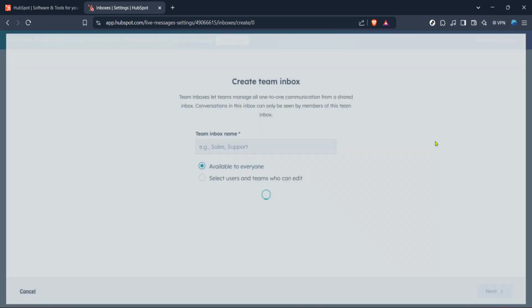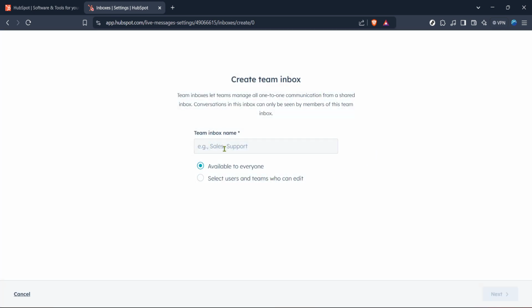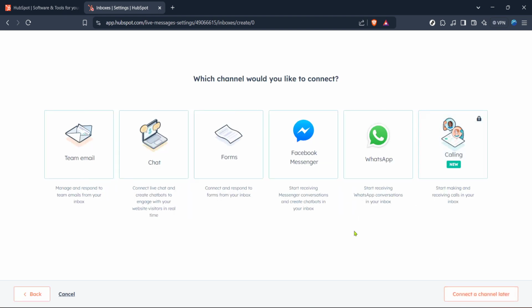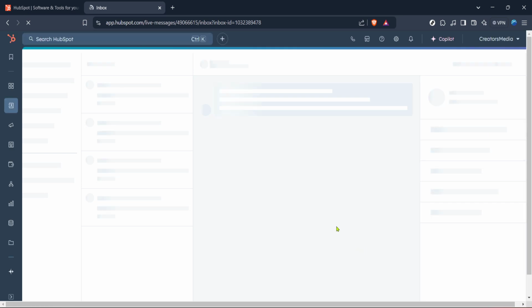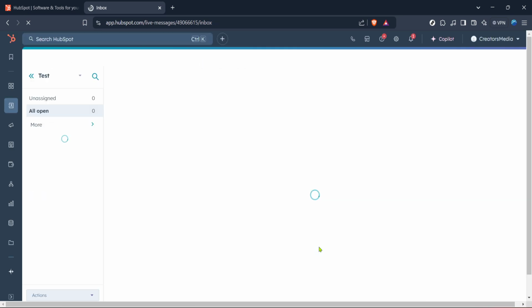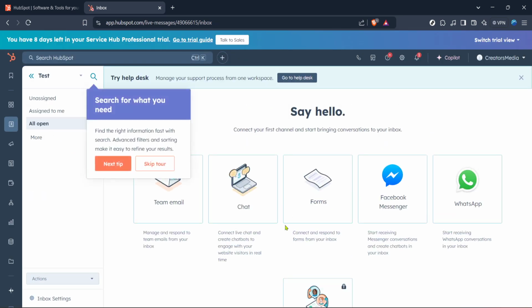This is the focal point of our setup process. By clicking this, you initiate the creation of a new inbox tailored to your specific needs. HubSpot will guide you through some initial configurations to help you align your new inbox with whichever customer service or communication goals you have. It's essential during this process to pay attention to any prompts or settings that you might want to adjust. HubSpot often provides helpful tips along the way to ensure your inbox is set up to best serve your company's specific messaging workflow.